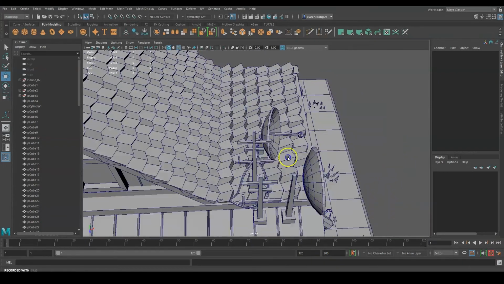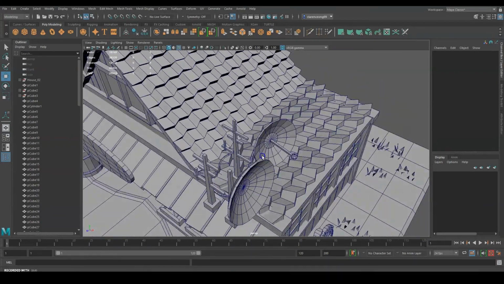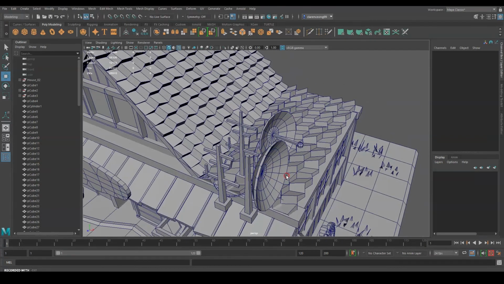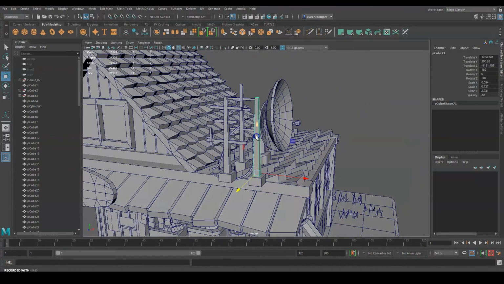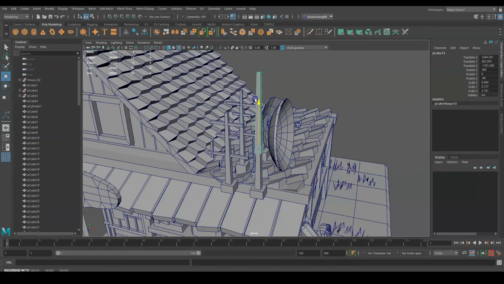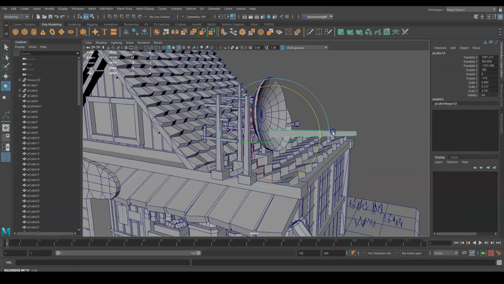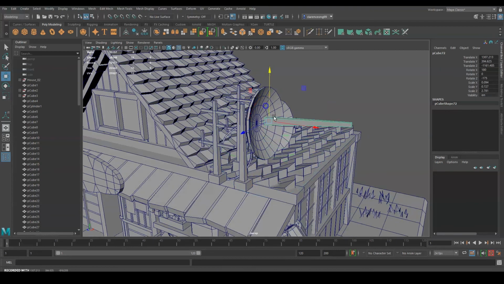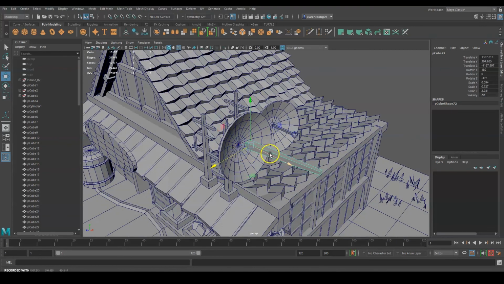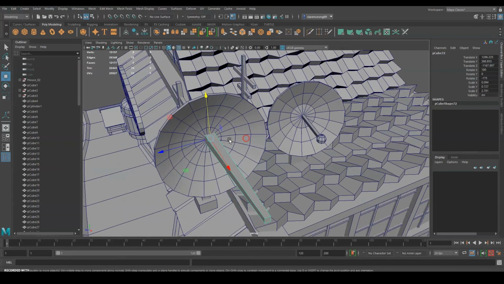Now continue over these satellite dishes. So it's basically when you try to model stuff, when you look at what do you have, right? You just reuse it, and that's basically a way of modeling very fast. And unless you need a new shape that you don't have as a foundation to duplicate and modify,